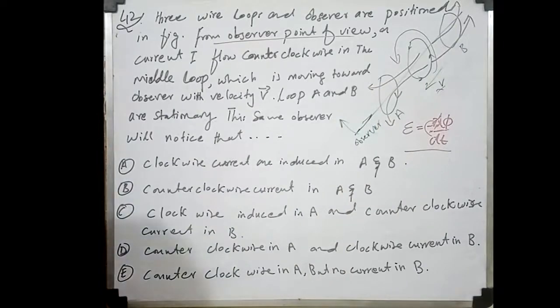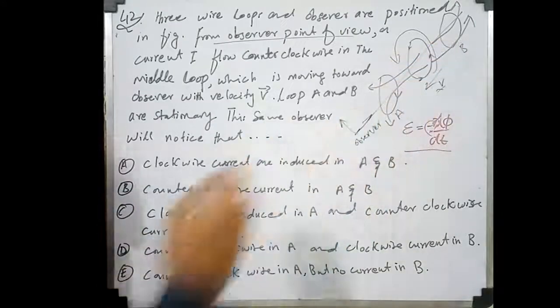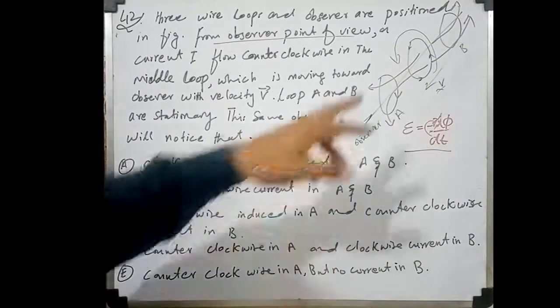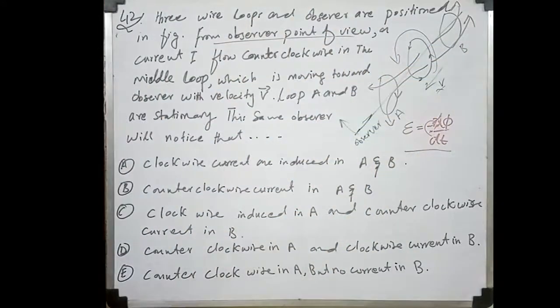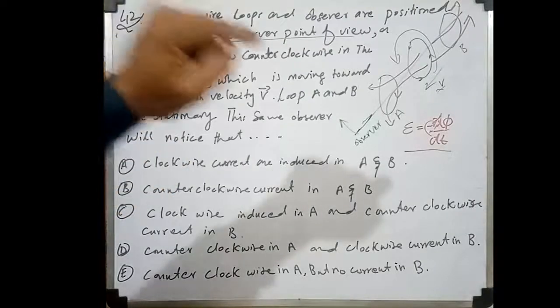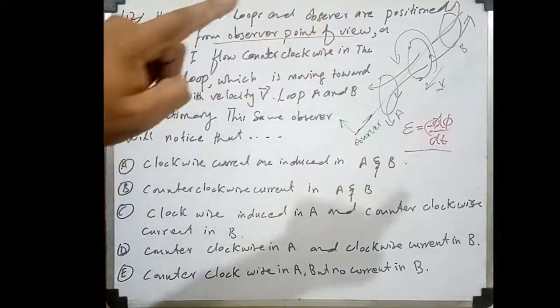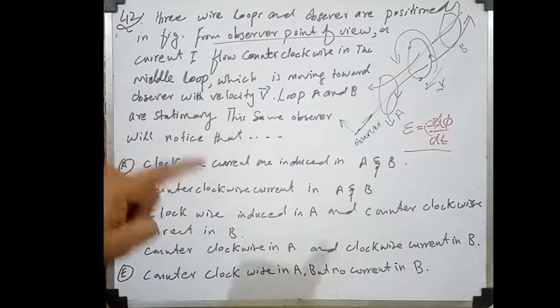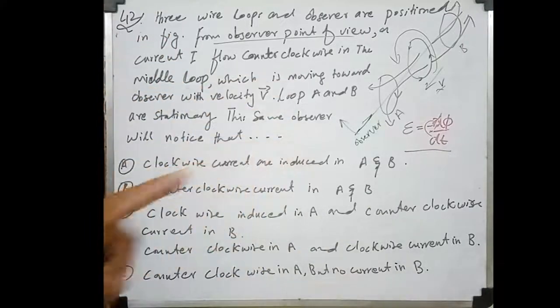Now if the loop is moving away from B, the magnetic flux is decreasing in B. So to compensate this decrease in magnetic flux through B, the induced EMF will try to resist this change,